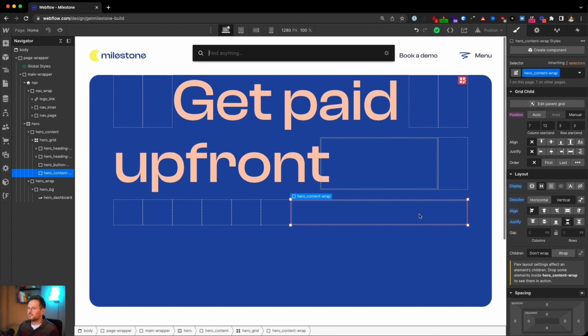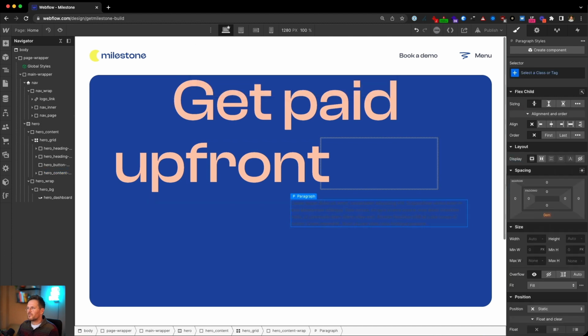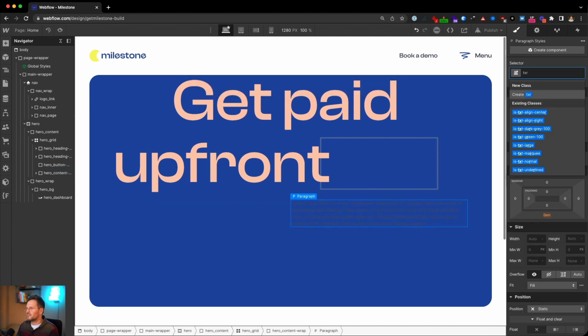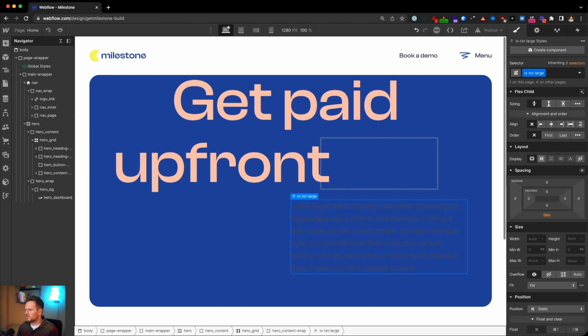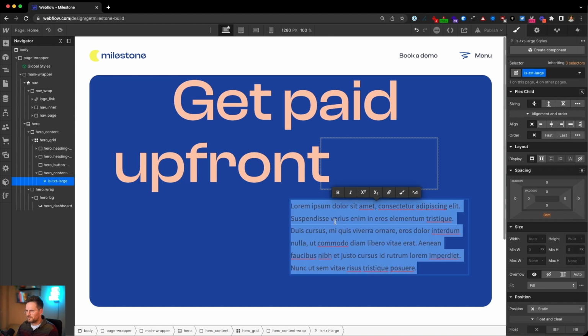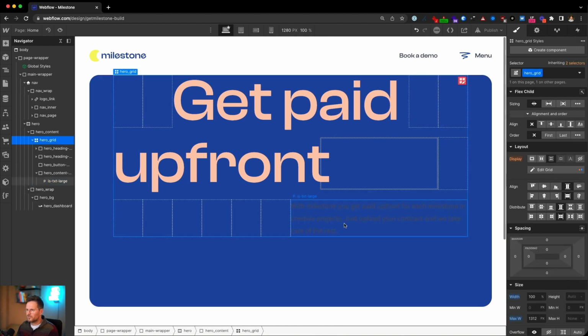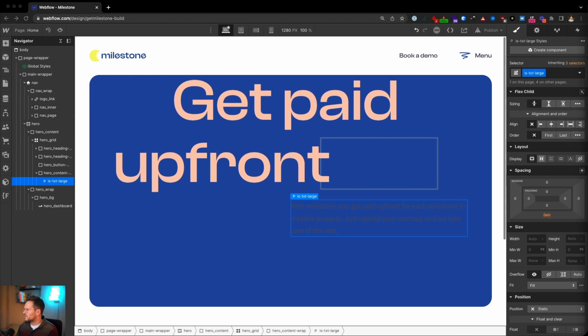Okay. Let's add a paragraph in here, give it a class txt large, and I'm just going to copy the text. Yeah, currently you can see this text is black because that's standard on the body. Most of the times in this case, you could add a combo class here.